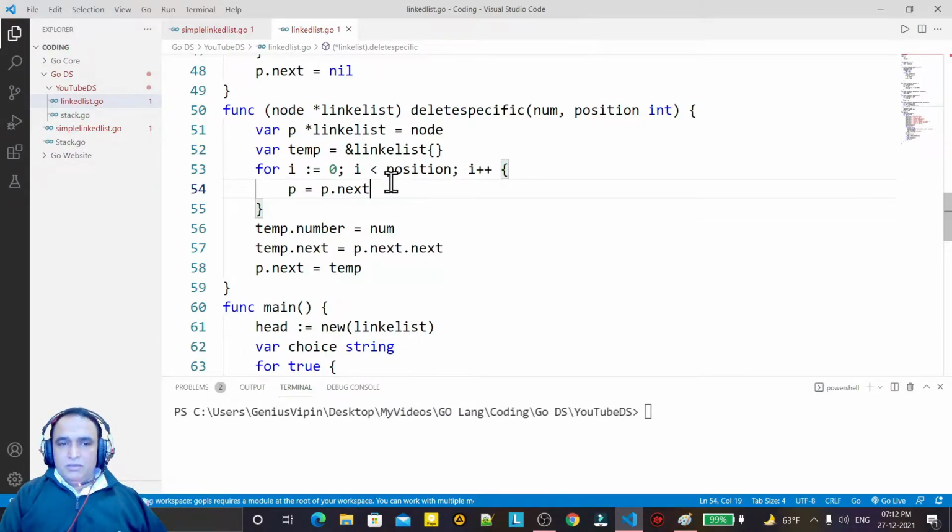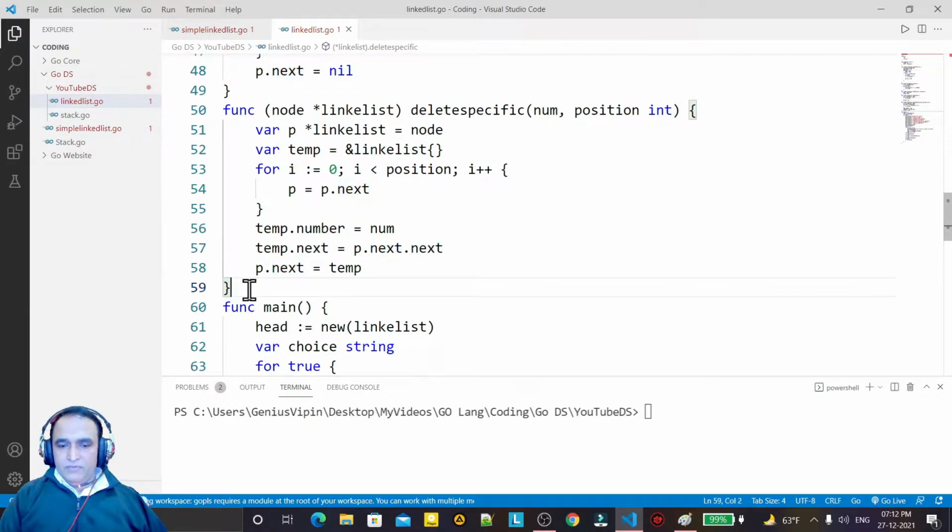So we run the linked list from the first node to the last node, to the specific position, sorry. If the position is found, then we have to create a new node, and that node's next should have the next of the P, because P next would be the position. And P next would be the temp new node, and this next having the next node of the linked list. So this function is created.